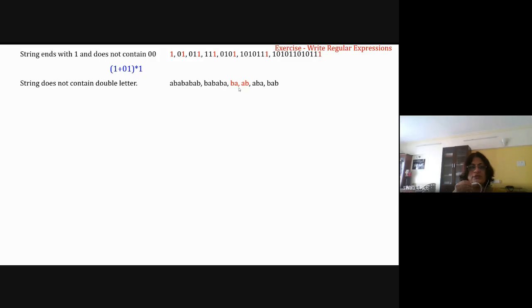So what is your answer? String does not contain double letter. AB or BA, bracket star. But suppose Simran, now or Sudhir, in your answer, suppose the first AB is there and second BA is there. It will be accepted, no? AB, BA will be accepted. Sahana, also in your answer, suppose now I want to check your answer. You have written down this. So what I'll do is that I'll take a string with double letter. So I'm taking ABBA.